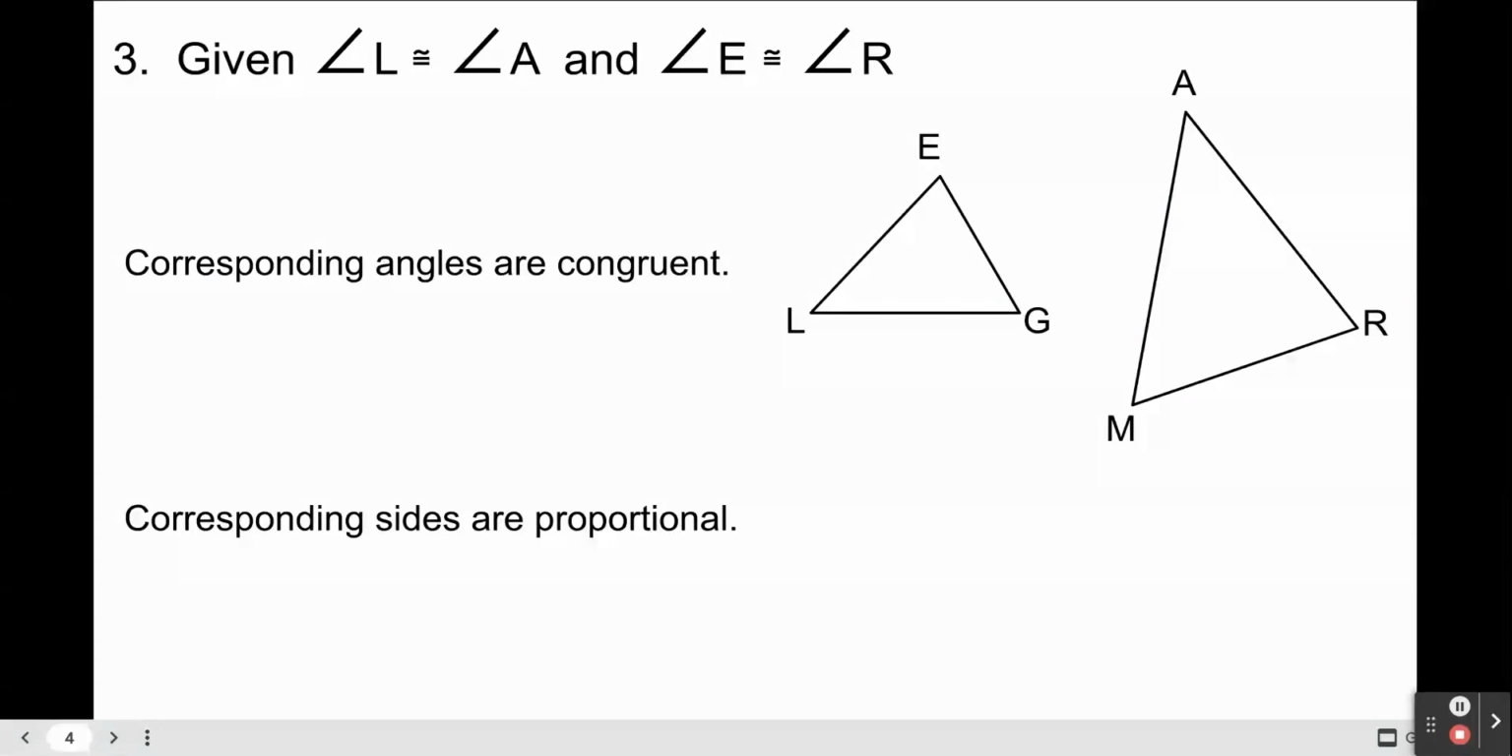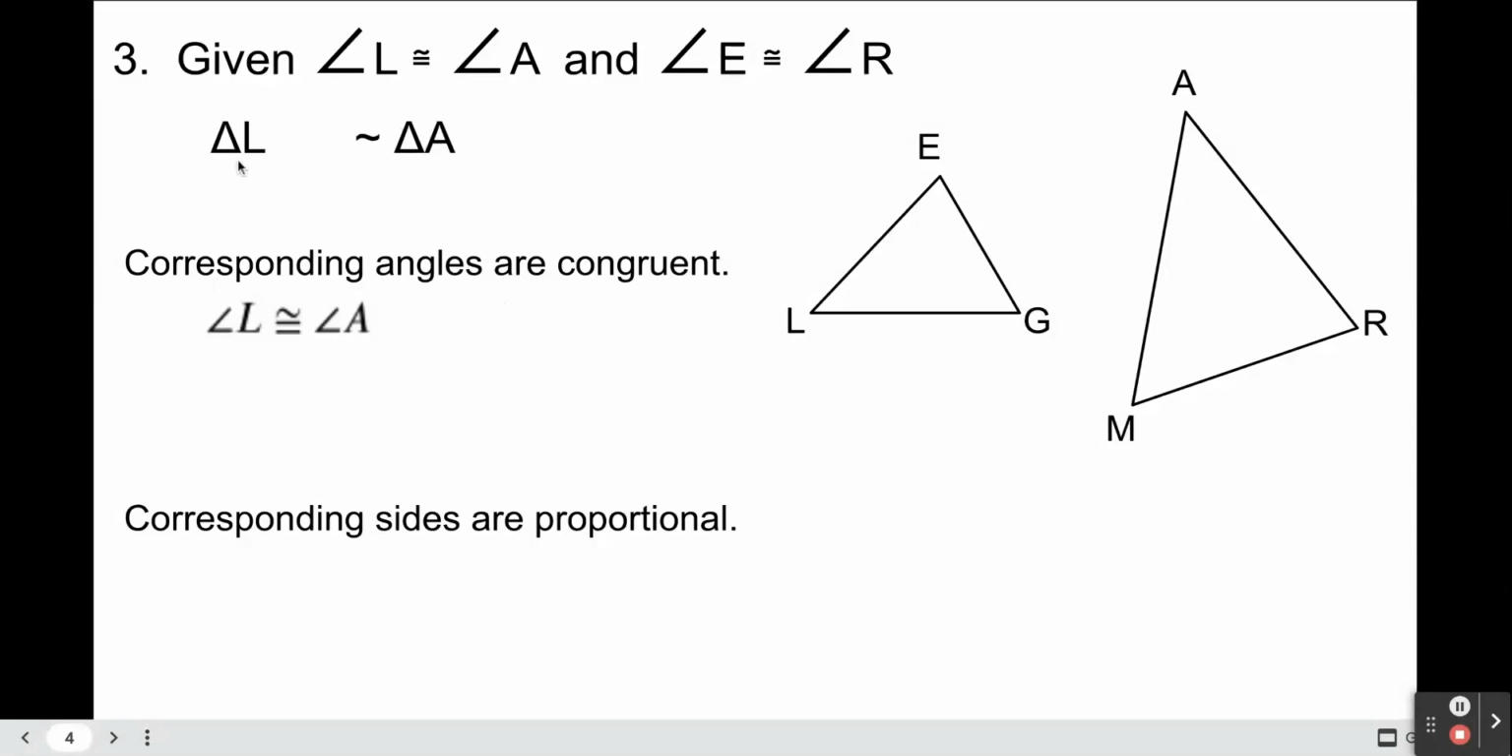Now for example number 3. Given that angle L is congruent to angle A and angle E is congruent to angle R, that is enough to say these are similar triangles because we can prove by angle. So one pair of corresponding angles was already given, L with A. The other pair